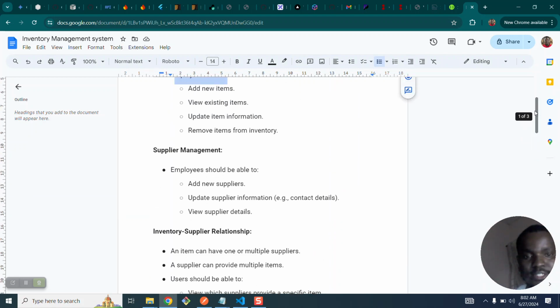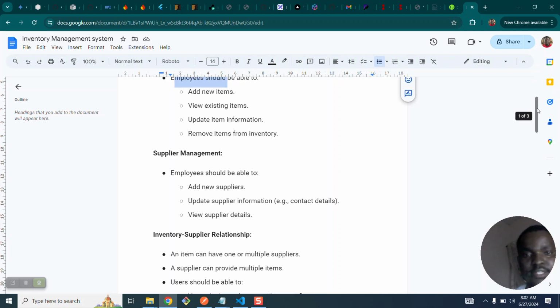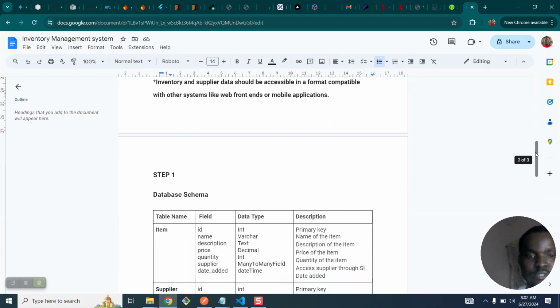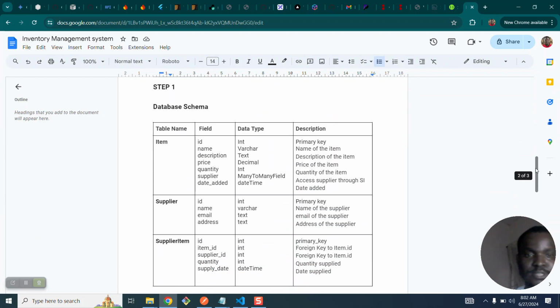So after understanding this business requirement, the next thing for me to do was to create a model or a database that actually embodies these particular features and allows us to do this very clearly. So how do I go about doing this? The first thing I did was to create tables that model all the information that this particular project will be having. So the first table that I created was the item table, which